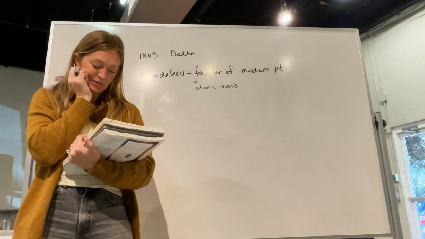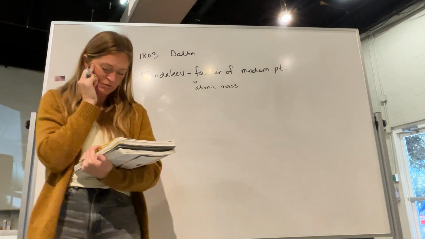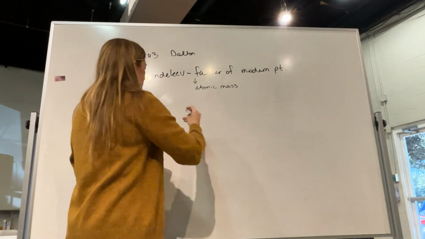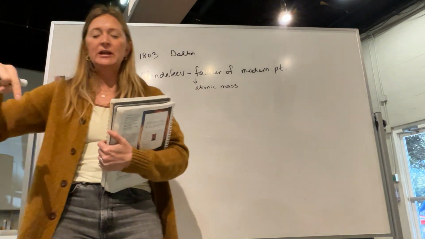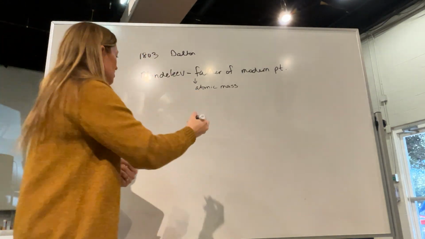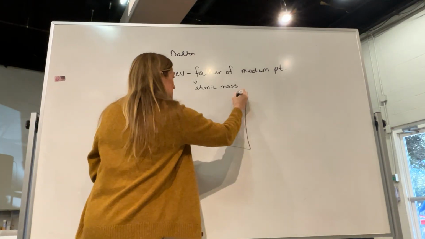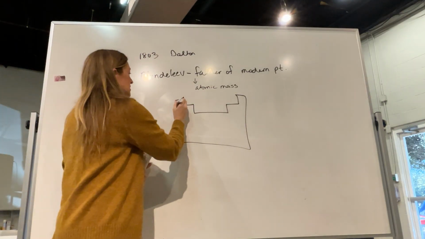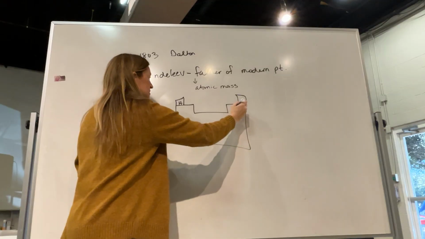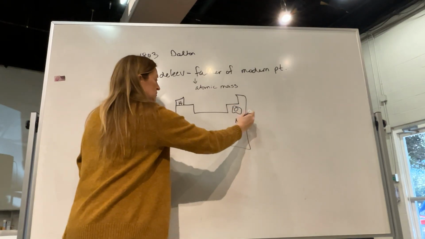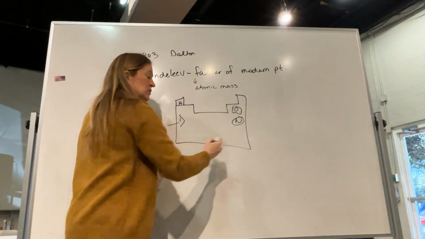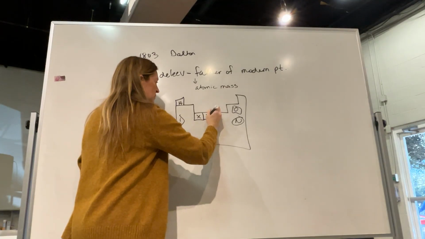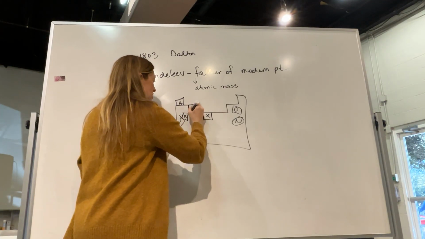And this was really interesting too. Let me see here. I'm going to put this together. So he didn't build what we know right now, okay? He started to. But one of the things that he started to do, which I thought was really cool, was, I'm going to do this very botched up version of it. Let's say he knew this one, he knew oxygen over here somewhere, he knew nitrogen over here somewhere, and a few others, right? And he just had a bunch of them filled in. But what he noticed was, oh, there's all of these other ones that we don't know.